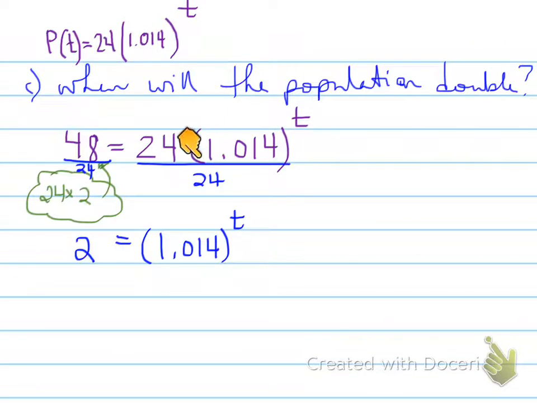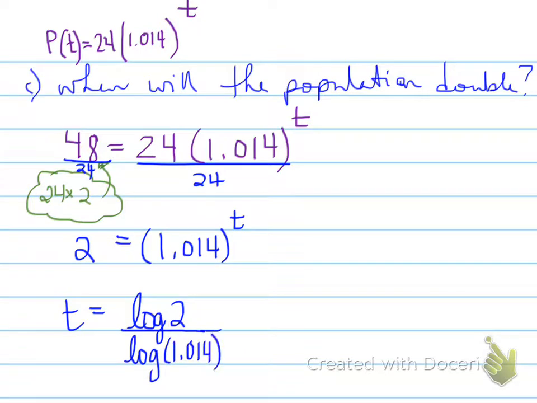Now, if you think about it, we could have started off with this equation, because if we started with 100%, we need to get to 200%, it could be this way. But if you don't understand that, folks, this is perfectly fine. All right, now we want to get rid of the t. To get rid of t, we have to take the log of the answer divided by log of the base. And we use the log button in your calculator to calculate the value, the answer in the base. So the t is equal to